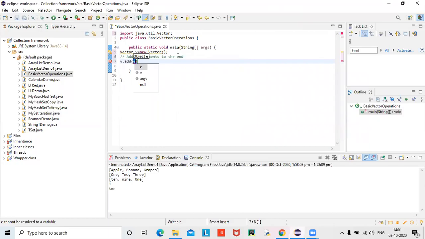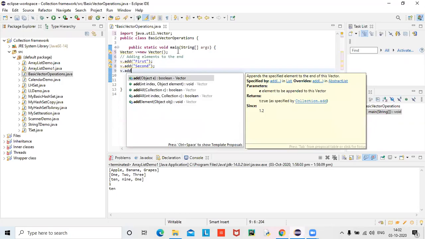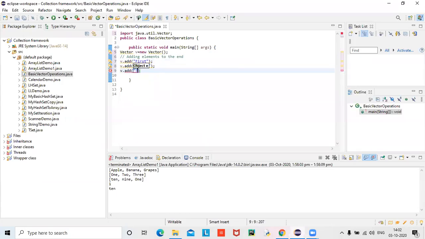Only in maps the method name is changed a bit. Add will not work there, it is set, I think. I will try. First, third. Now let me display.